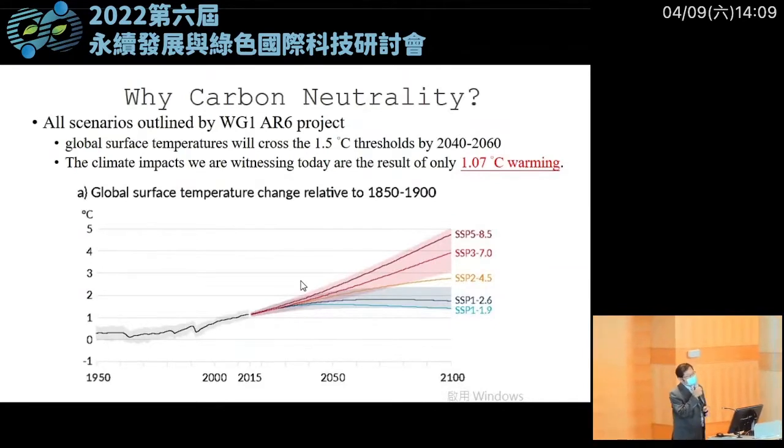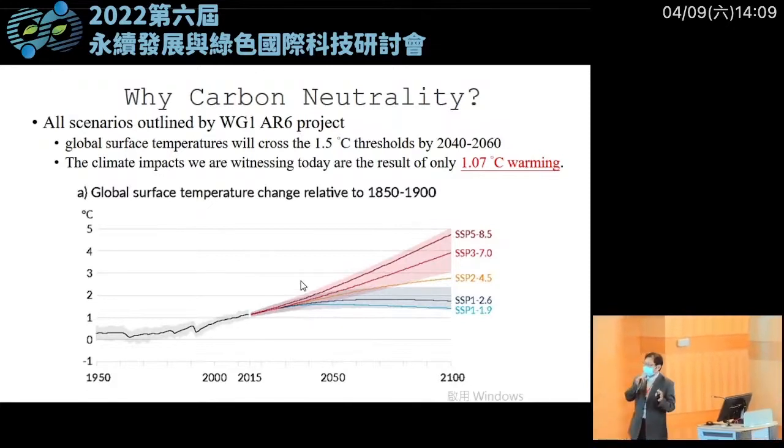So why do we need to do carbon neutrality? This morning our President Lin talked about the temperature problem. In the past 100 years, climate change has caused only 0.7 degree of warming. But we continue to increase carbon dioxide emission. If you can see this figure,